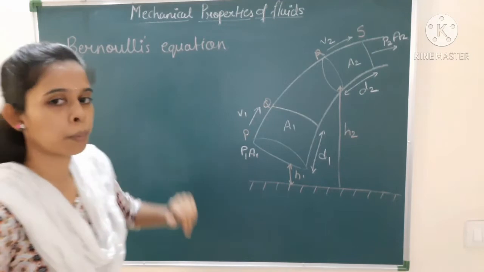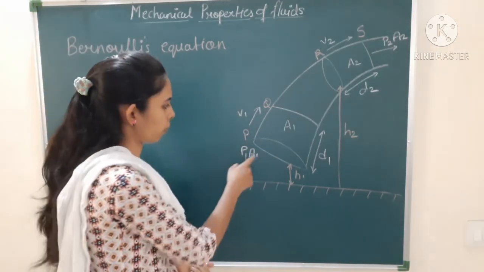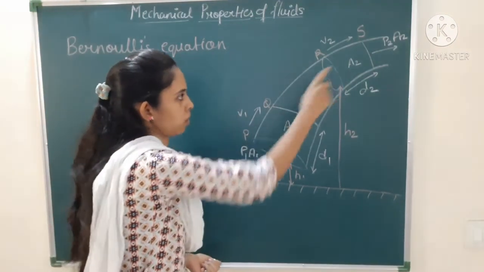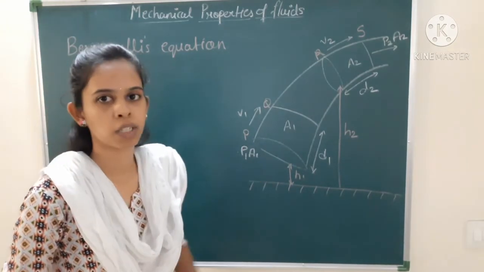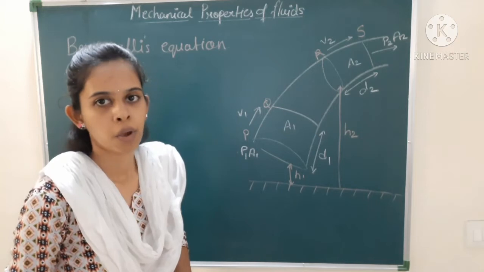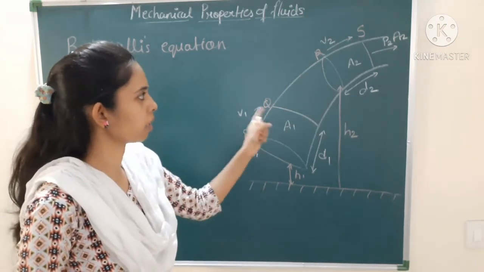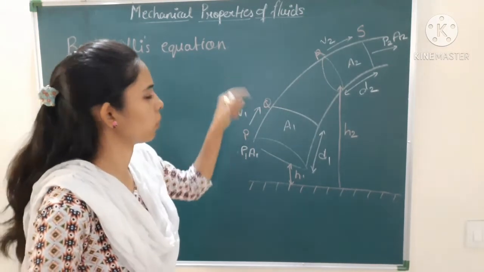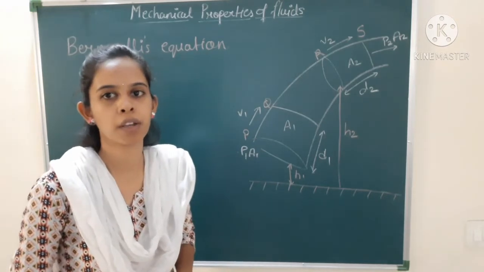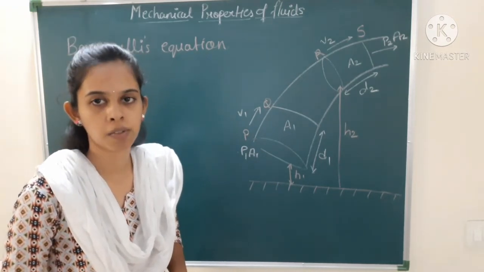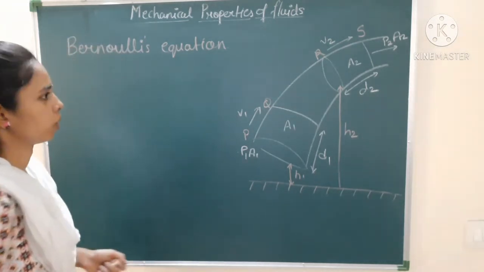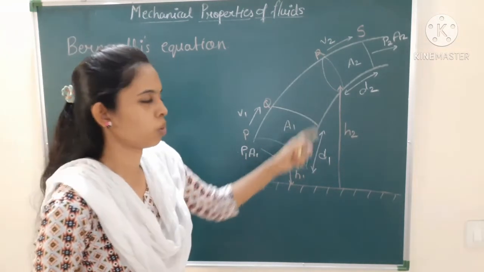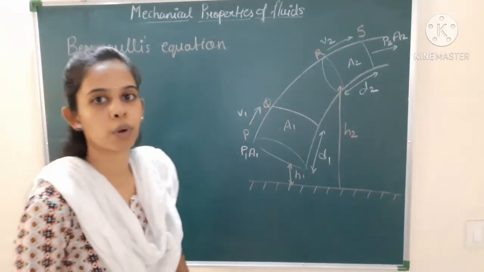So in this we are going to see Bernoulli's equation, but here we are going to use the pressure in these equations. Here the kinetic energy and potential energy are also coming. Why? Because Bernoulli's equation is nothing but the application of the work energy theorem which we have seen in 11th standard. So here there is work done in this section, and we are going to find out the equation for work done.